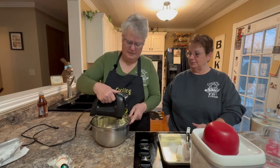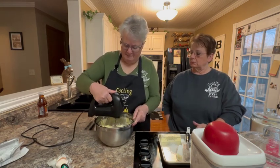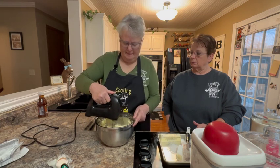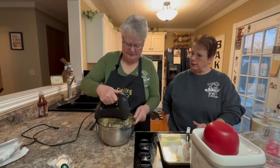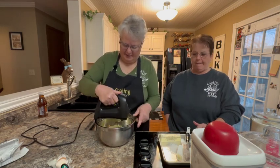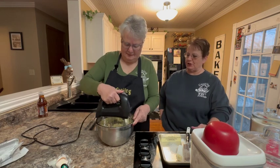Speaking of strawberries and shortcake, the family I'm married into, they always ate strawberries on biscuits. Really? Yeah, that was not my thing. Isn't it funny the different traditions of how...